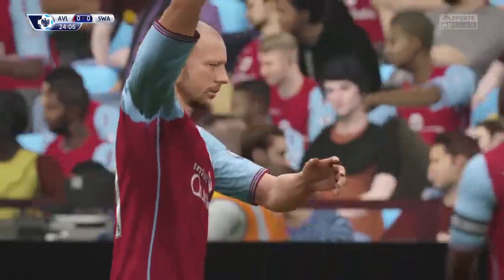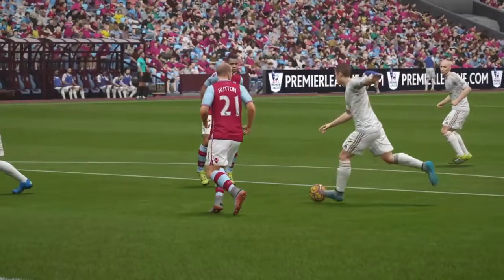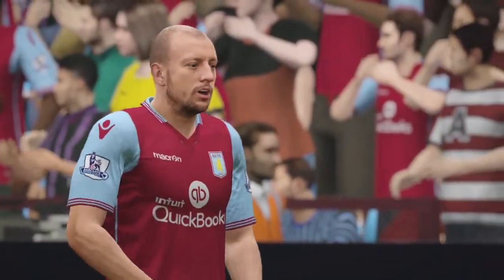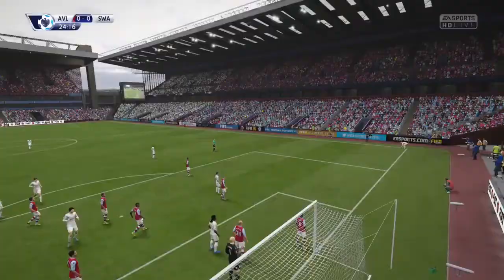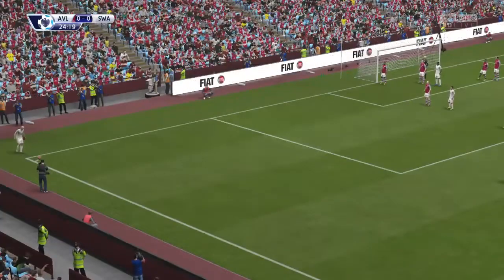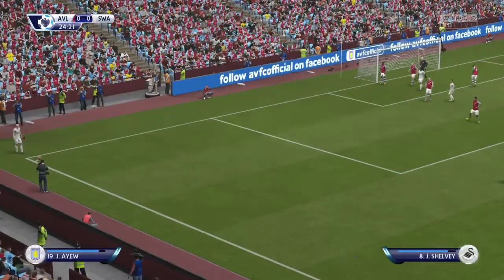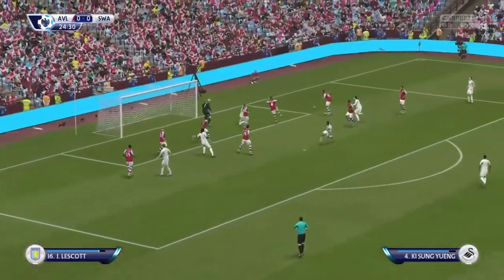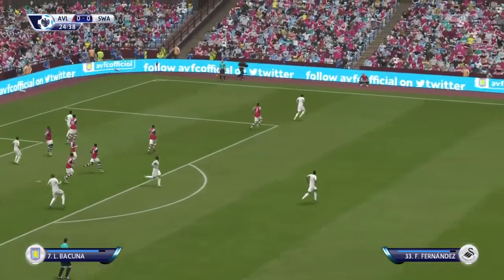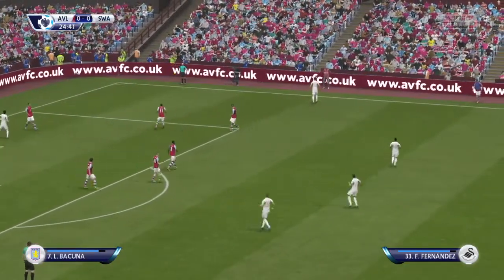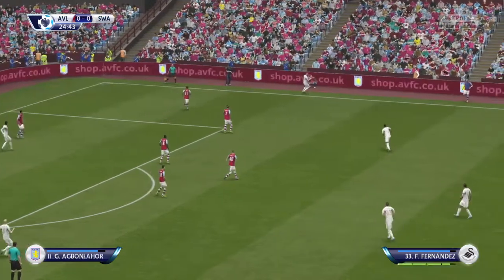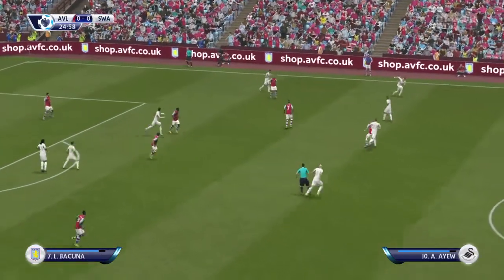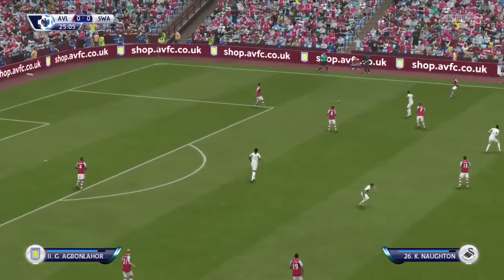The referee has given a corner here. Lescott. It's going to be his throw here. Andre Ayew. Well, you can see what he was trying to do, but the pass wasn't on. It was a bad ball, as it turned out.